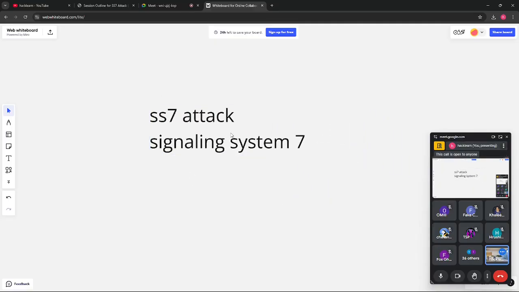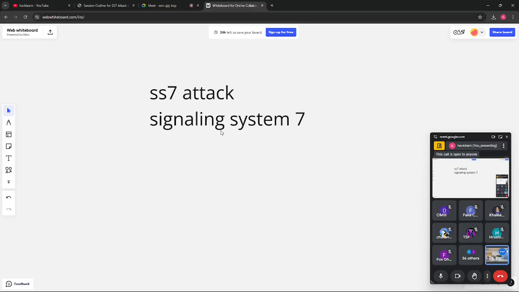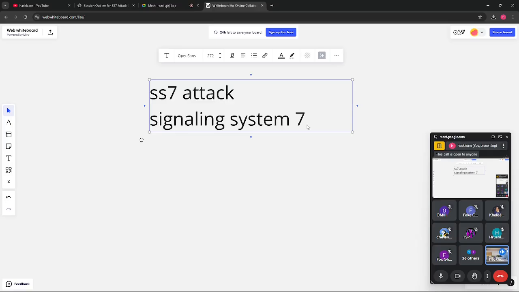This is a set of protocols used in a telecommunication network for all the exchange of information required for call setup, routing, and control. It is basically the backbone of all global telecommunication, enabling seamless interaction between different networks such as mobile and landline systems. Whatever calling we are making, all of it works on the SS7 protocol layer. This is the core of any telecommunication network, so all the attacks that can be done on a signaling system are very sensitive, and doing an SS7 attack is also illegal.